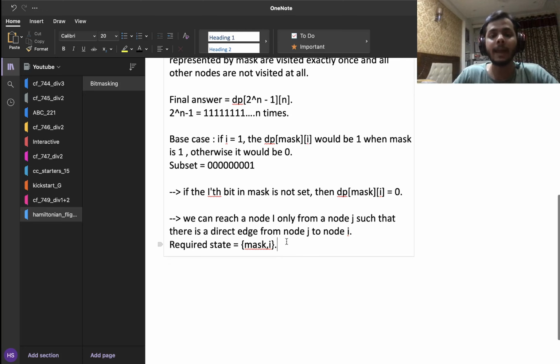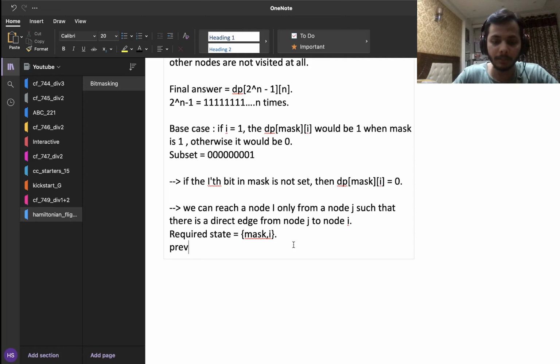So now that I am at a particular node j from which there is a direct edge to the ith node, I need to have a value of mask as well, right? So the feasible value of mask from which I can get to this state of mask comma I is something, right? So let's say that mask is mask 1, right? So let's say I am at a state, so my previous state is mask 1 comma j.